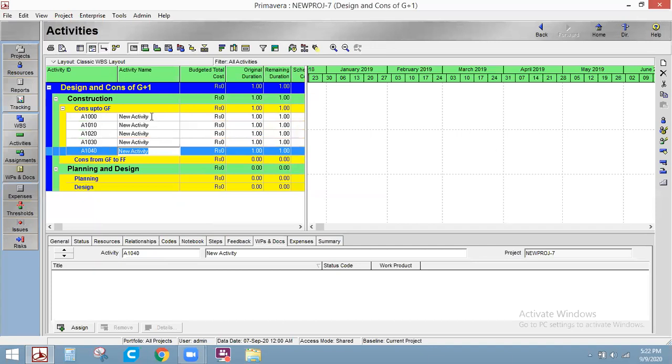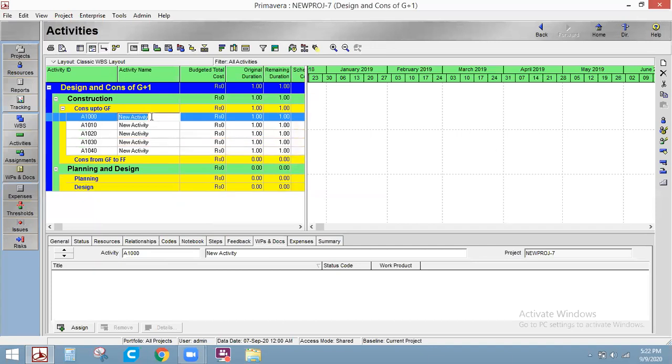Simple. What I'll do is I'll just add this cleaning part. We'll be having cleaning up to ground floor, right? This is the preliminary step.